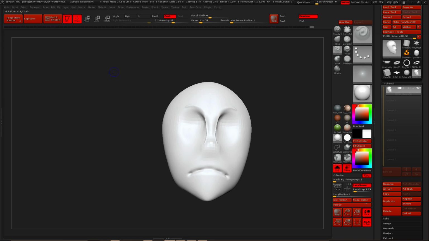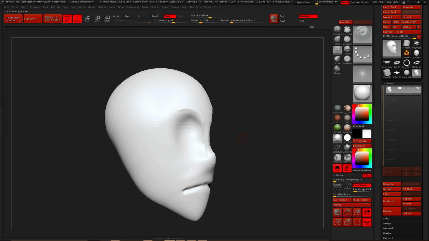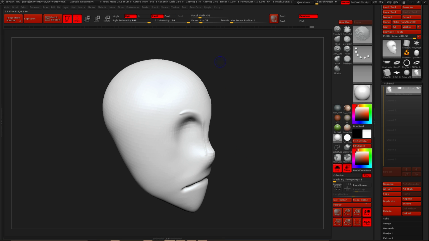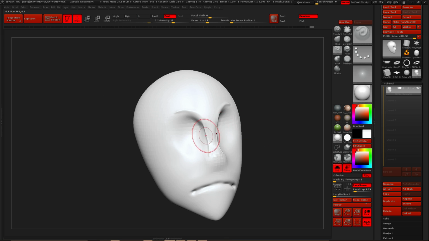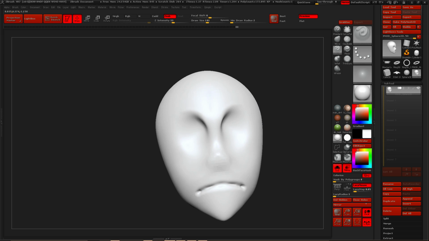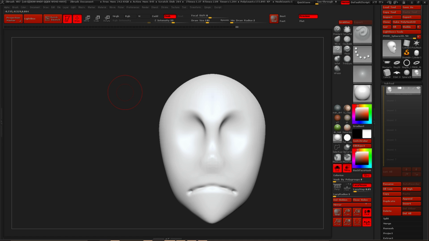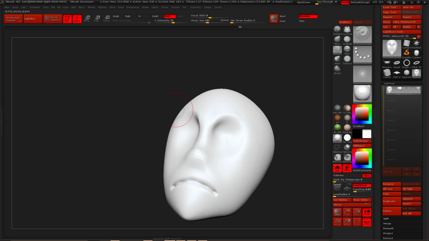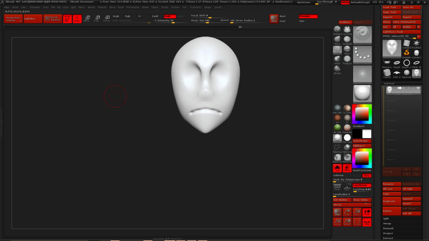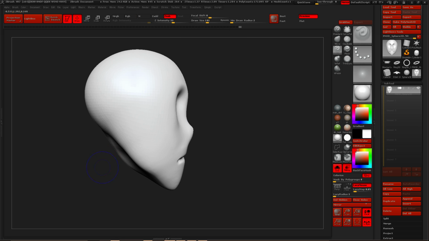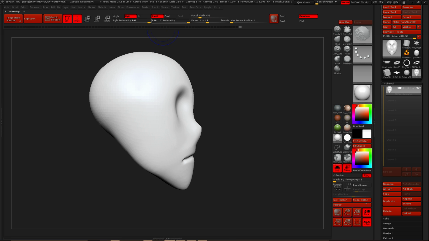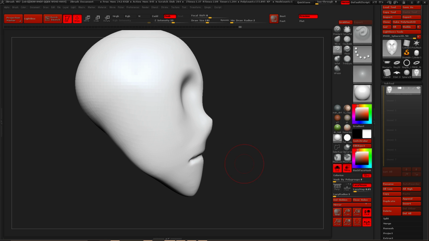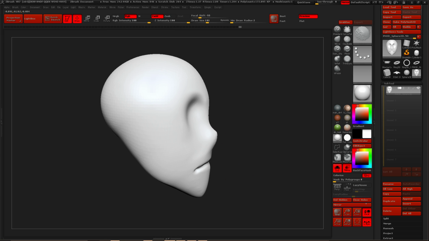And so here's the other thing with working too high, right? Once you get up to a certain level, things become difficult to start working with, right? Because you have so much topology, so many points to work with. Your smooth brush isn't going to be quite as effective. Yeah, you can go through and control the intensity, right, to a degree, but right now I'm sitting at an intensity of 100. If I were to subdivide this 2 or 3 times, then good luck trying to smooth things